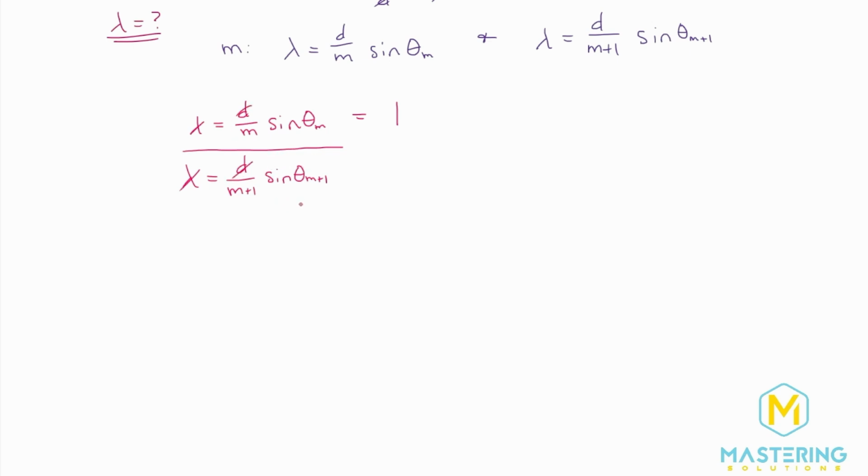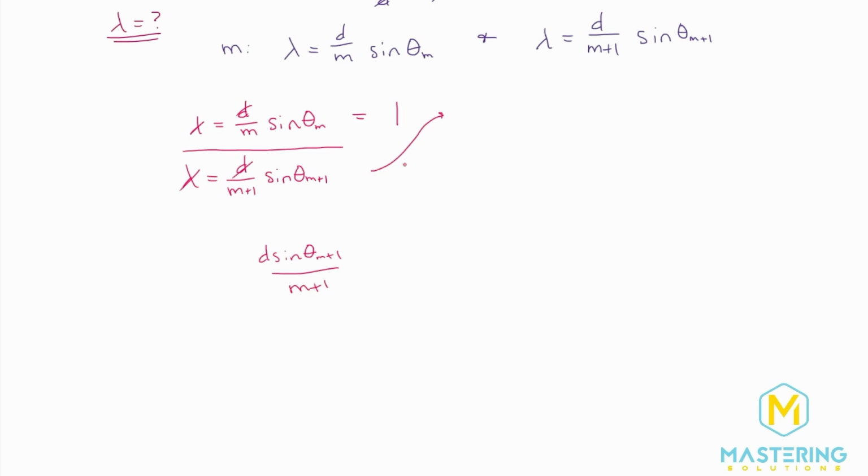But algebraically, here is how I like to think of it. We're basically dividing by two fractions. We're going to say that this phrase is a fraction over 1 and this phrase is a fraction over 1. Well, what happens when you're dividing by a fraction? It's the same as multiplying by the inverse. So we can rewrite this as d sine theta m plus 1 over m plus 1. This phrase and this are the exact same thing.